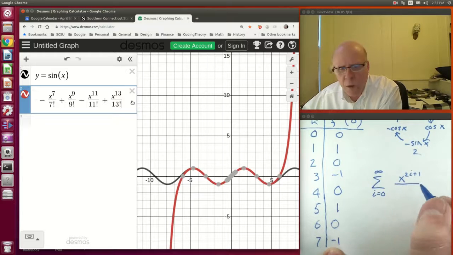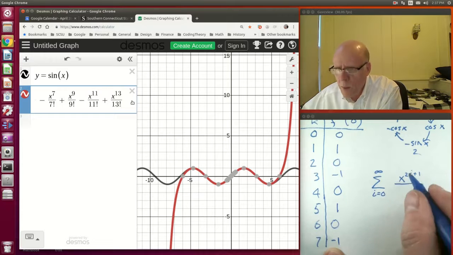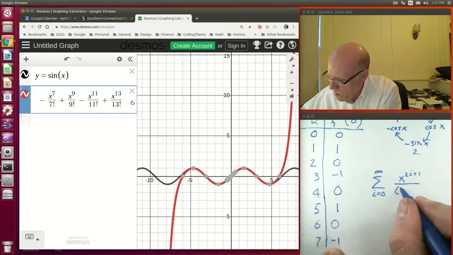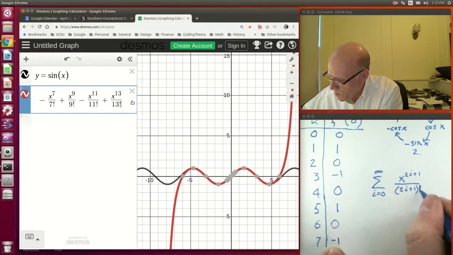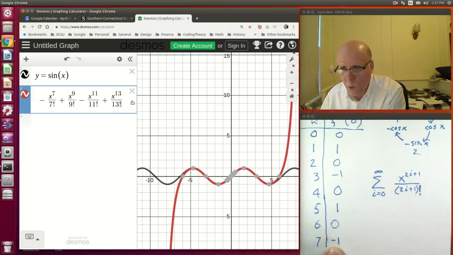And then we will be dividing by the factorial of that same odd number that I've just put in the exponent. Now this isn't quite right yet, it's missing the factorial sign, but it's still not quite right